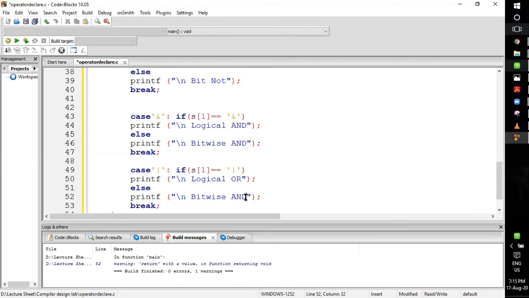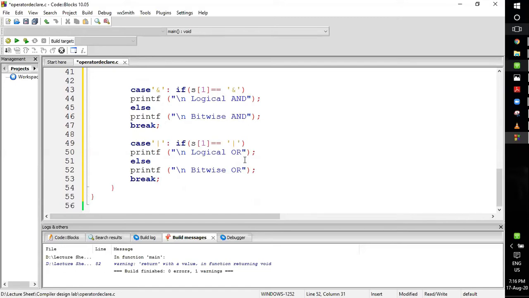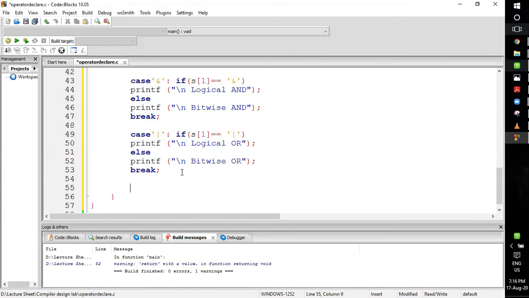Otherwise, it will be bitwise or. So up to this is done. Up to this, we are done with all the logical operators.